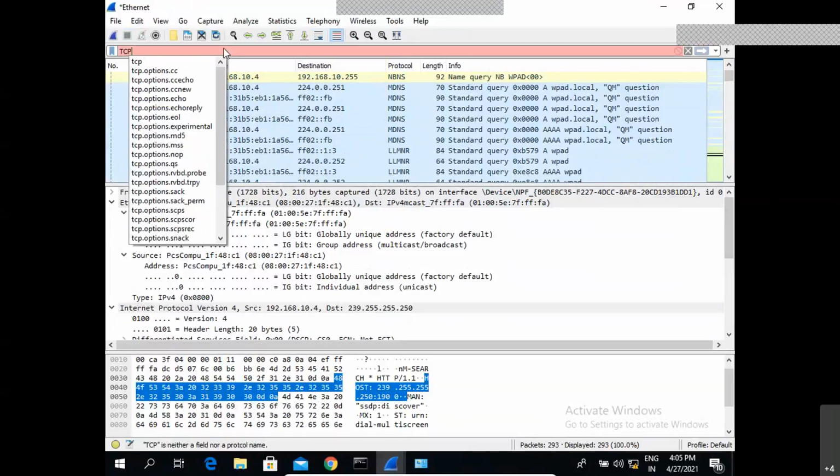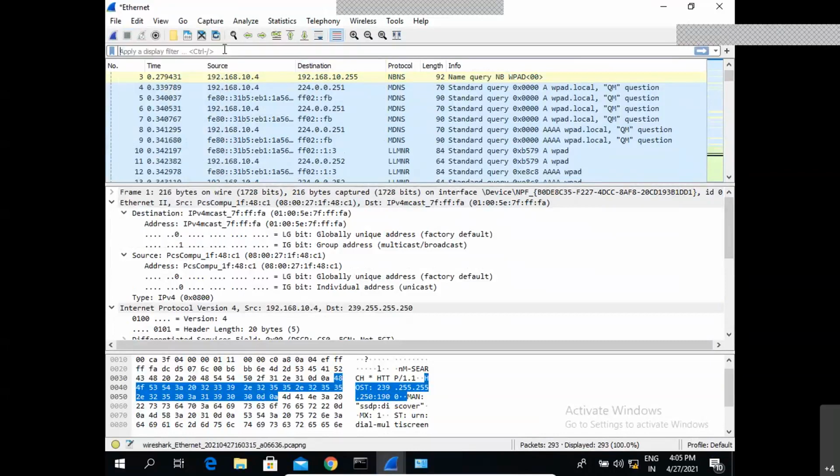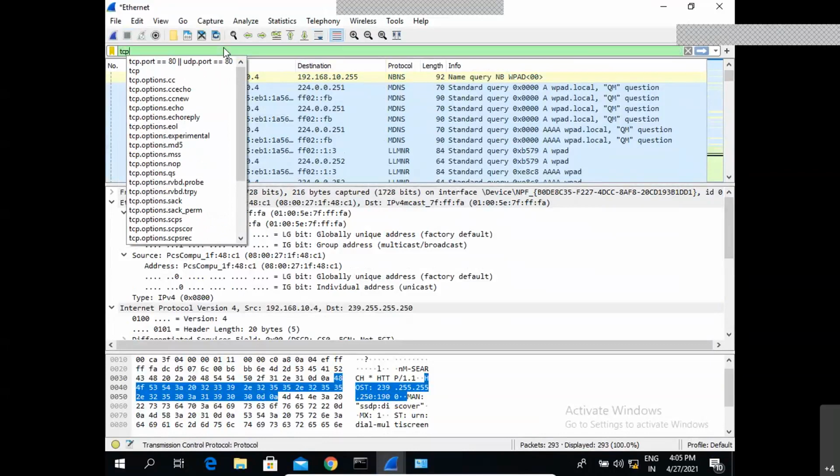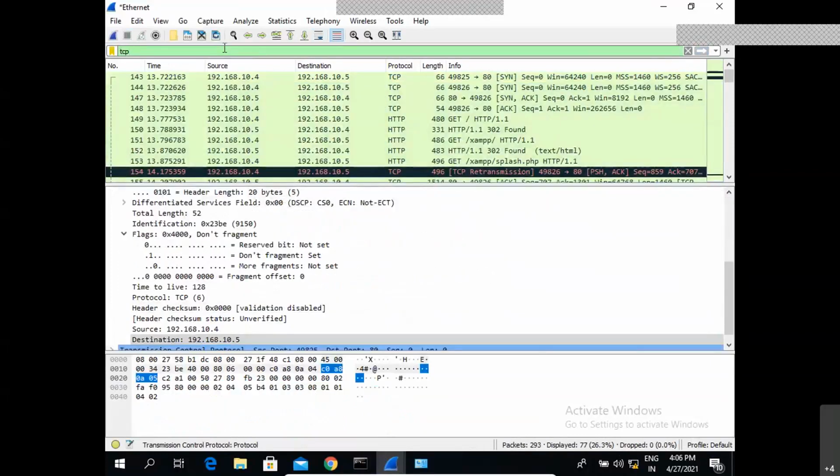Now you can see I have given capital TCP and the entire bar has turned red. That means whatever I am trying to search for is not correct. So we have to give lowercase tcp. Now you can see the bar has turned green. That means the command I have given is perfectly right. Just click on enter here. Now whenever I click enter, I can see all the communication related to TCP that is